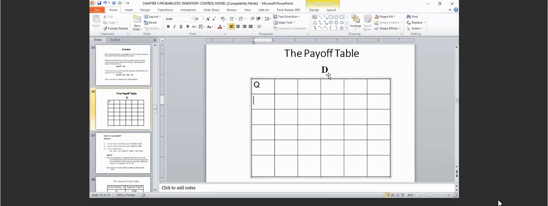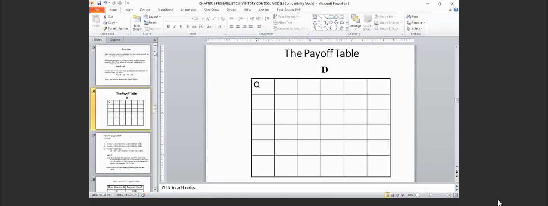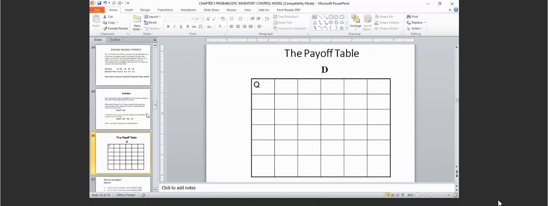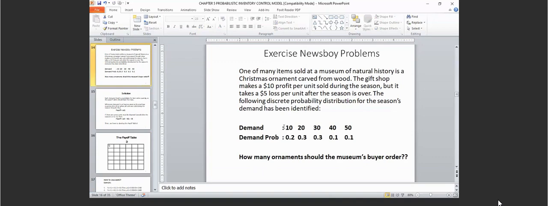For the demand here, we follow the data provided in this exercise or problem. We know that the demand here starts with 10 units, 20 units,